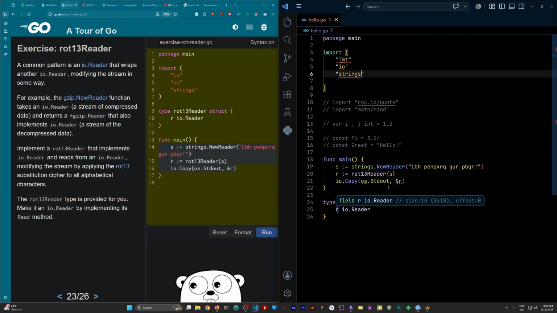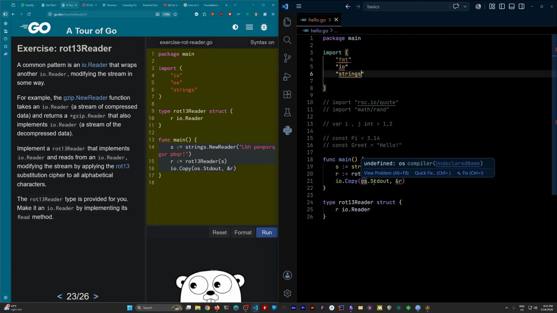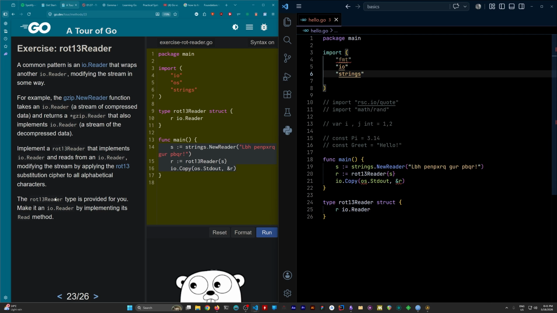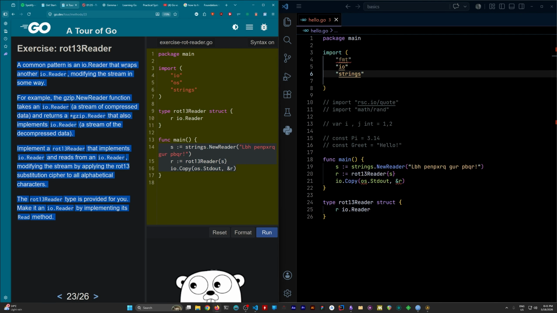Okay, rot13Reader takes that reader R. io.Copy to os.Stdout from R. What is this method? Copy copies from the source to dst until either